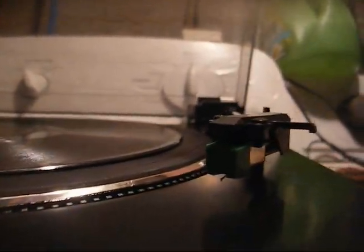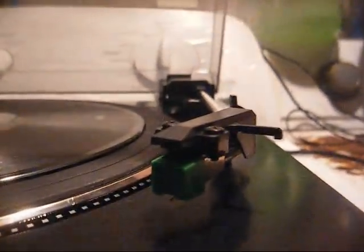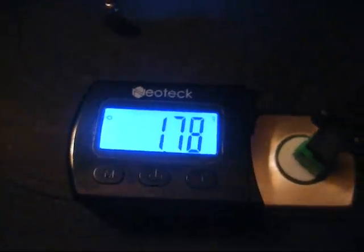Or maybe I just need to take that cartridge off and put a Stanton 500 on there, since it's a standard half-inch mount. Alright, adding a wheel weight to the back of the tone arm, I got the pressure down to about 1.8 grams, and the needle for this cartridge tracks in the 1.5 to 3.5 range. So I guess the 3.5 was kind of pushing it,